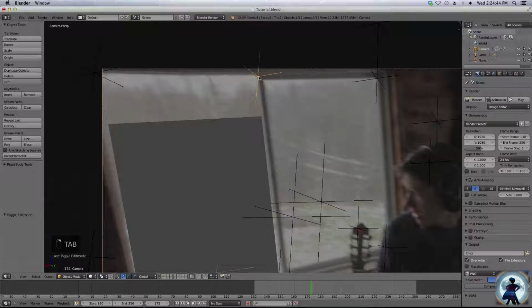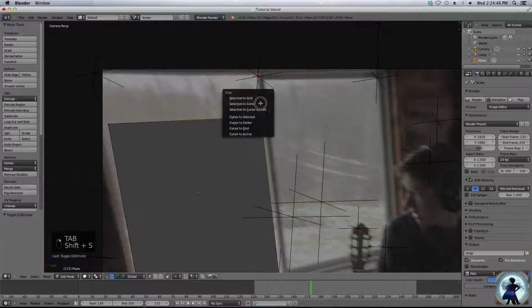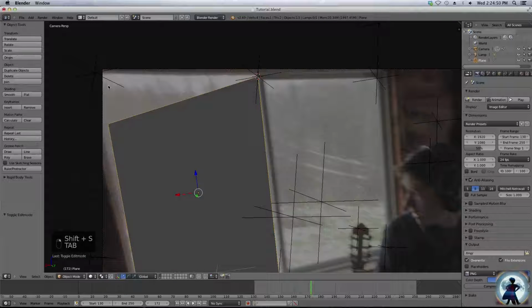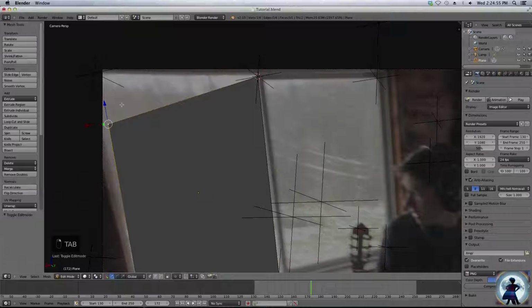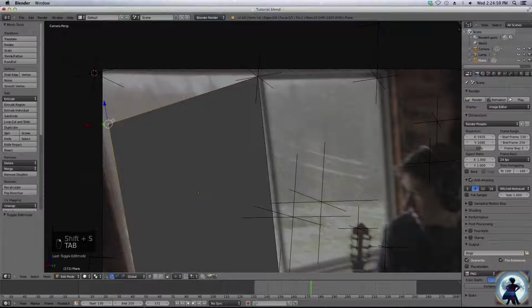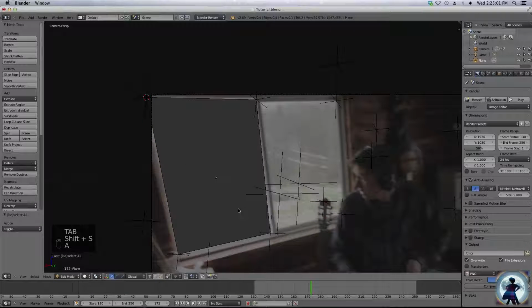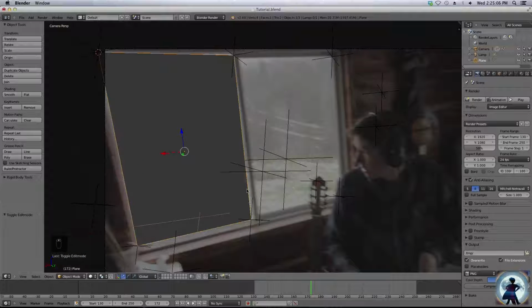Do the same up here, Shift S, cursor to selected, Shift S, selection to cursor. And the last one, edit mode, oh wait, Shift S, cursor to selected, Shift S, selection to cursor. Now that is pretty good right there, but we can tweak it a little bit now just to make it